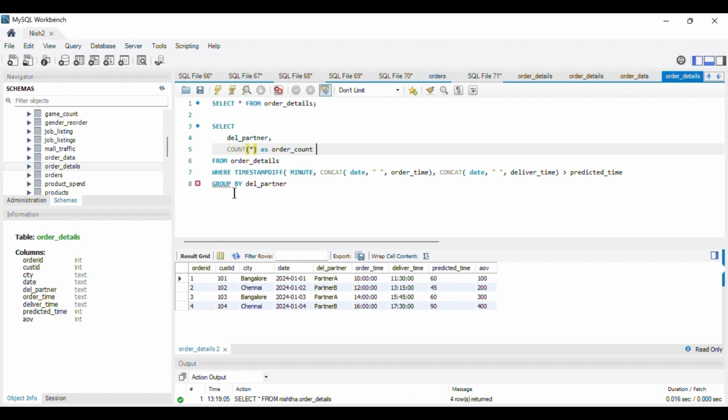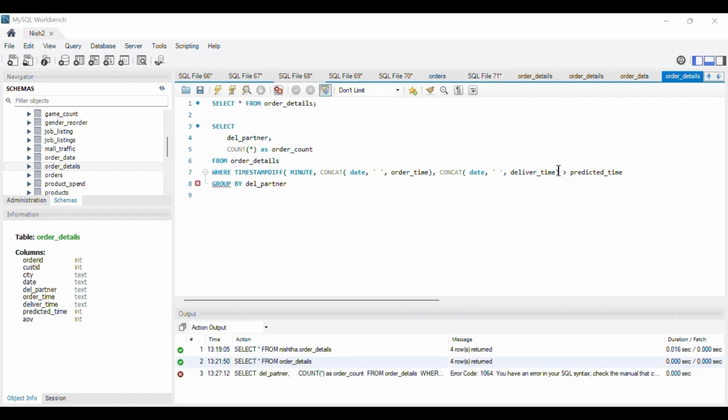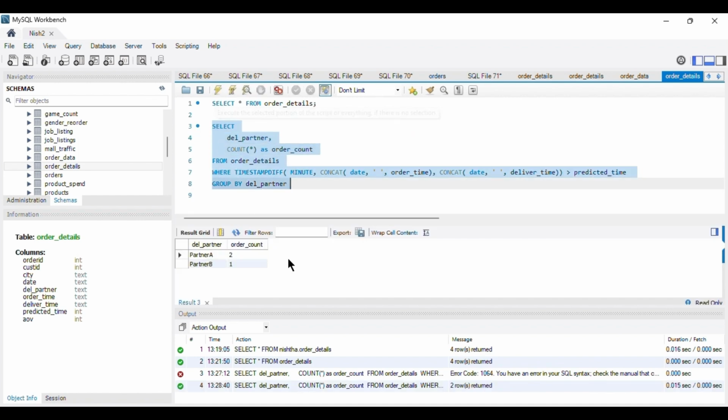My where condition will already filter the rows of the delayed orders, and since I have already filtered my delayed order rows, I just have to count them, so I can directly count it like that. Okay, so I have to close this. Yes. So let's run the query and see the results.